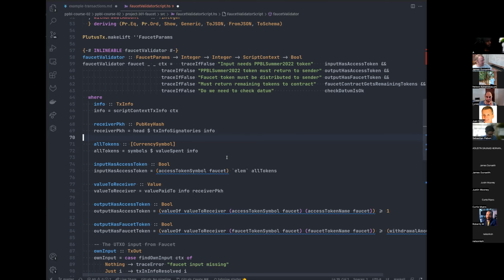But that was a good thing because there was an issue hiding that I couldn't have seen otherwise. I got this thing working with Nami wallet in the front end template, and it was great. We could lock some funds, we could unlock them. When I then tested it with Eternl,